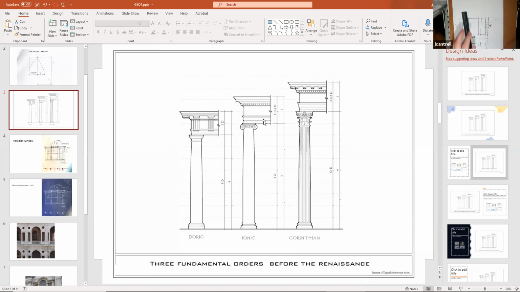So then to draw the proper entablature, which is the architrave, the frieze and the cornice, it is roughly, well, actually exactly 3/4 of an inch. So you can measure 3/4 of an inch and continue that up. So this will give you the proper height of the Doric entablature,